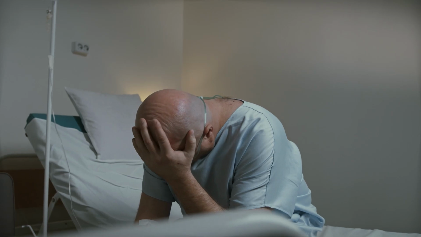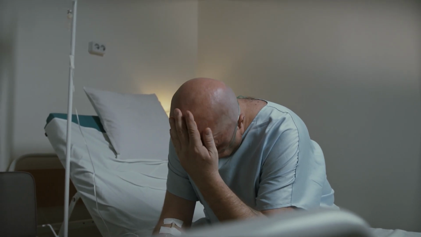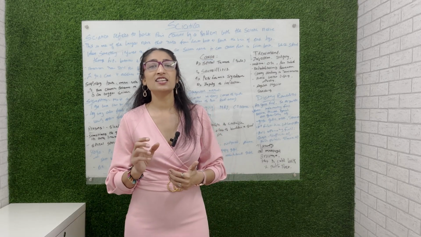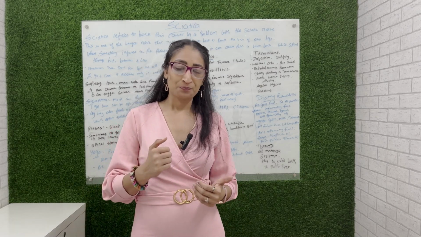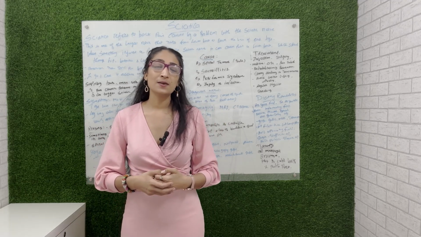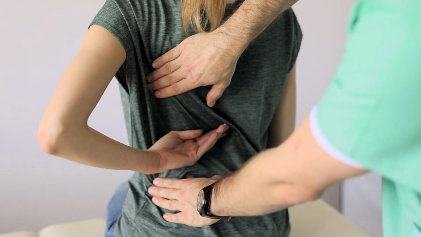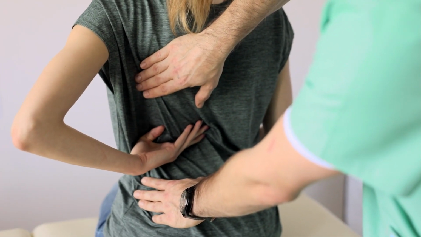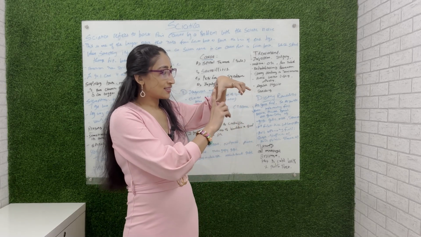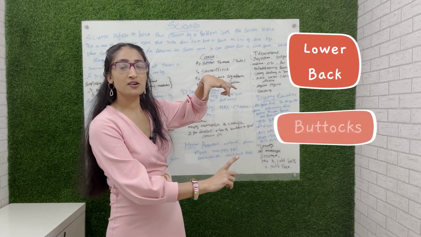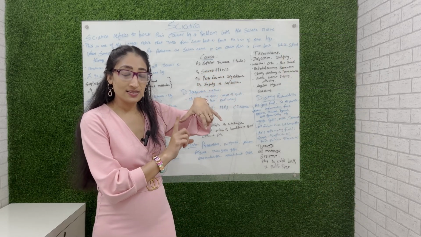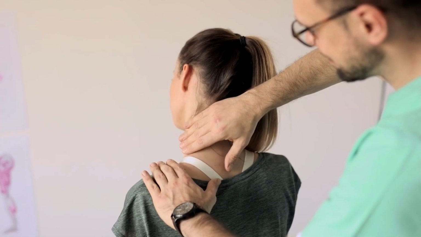Check their facial expressions also. If you are in pain, there is a little change in your facial expressions. So when we take the clinical history, first of all we see the position or area of the pain. We have a long area, starting from the lower back to the buttocks to the lower legs also. So it is our duty as a doctor to check the exact area